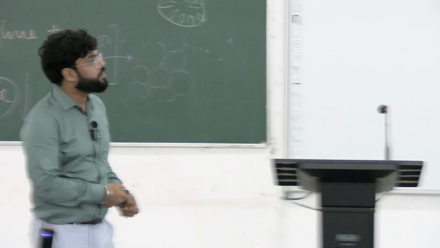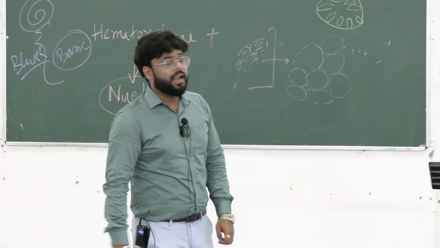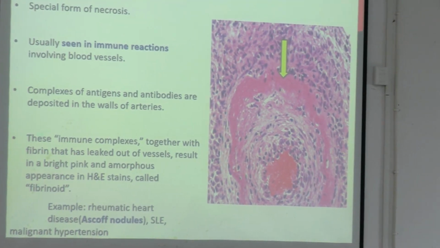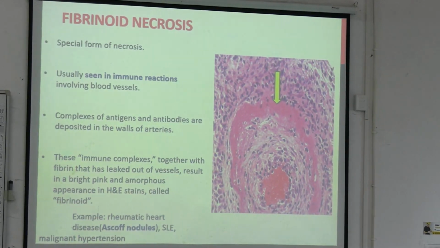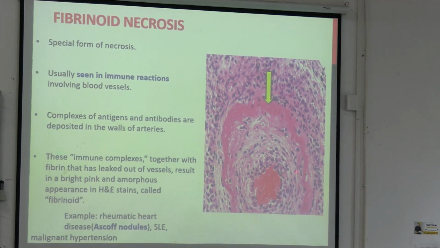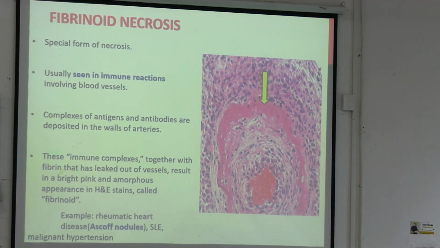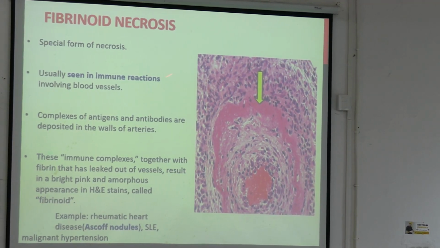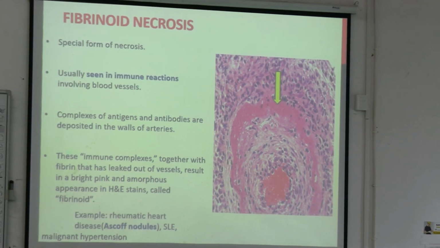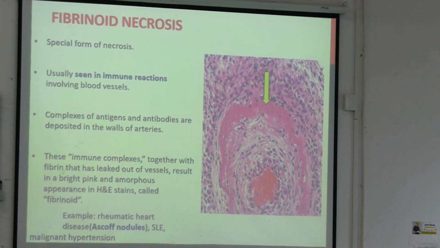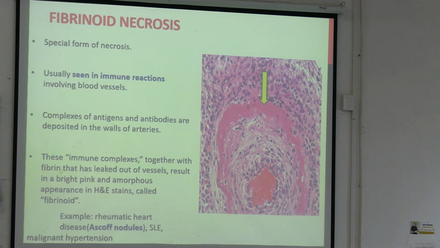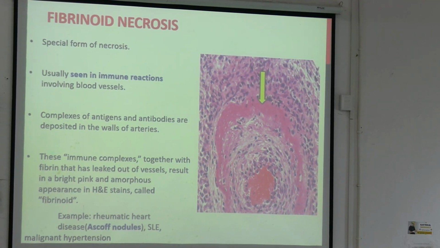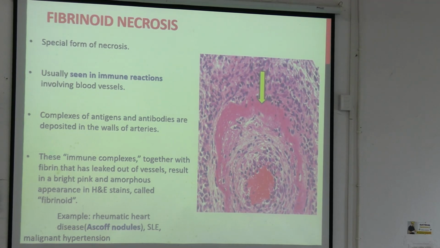And last type of necrosis is fibrinoid necrosis. You will understand this better when immunity is taught to you. It is usually seen in type 3 hypersensitivity reaction. What happens? It is mostly seen in case of the medium sized artery. Within the medium sized artery, there will be deposition of immune complexes, antigen antibody complexes. They are carried by the bloodstream, and these immune complexes are deposited in the tunica media of medium sized